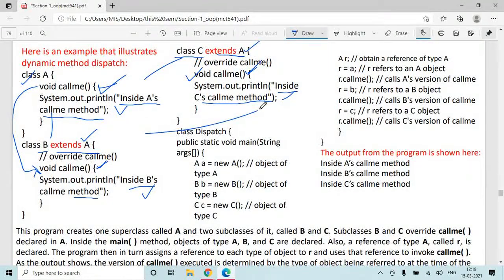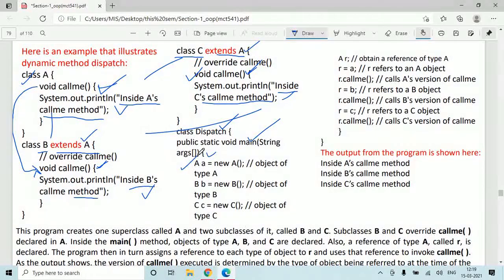Now we want to understand the mechanism of this dynamic method dispatch. So we have created a class with the main function, public static void main string args. Now let us create an object of each class.